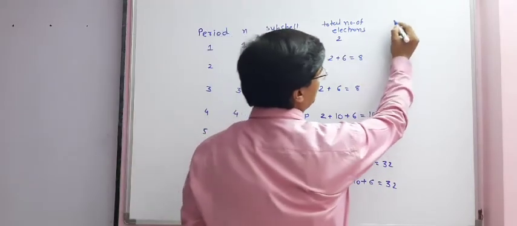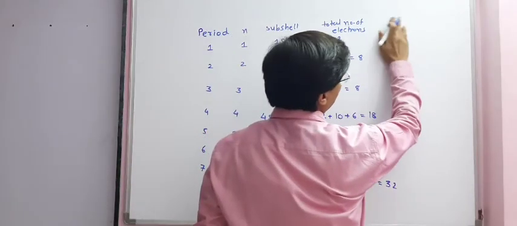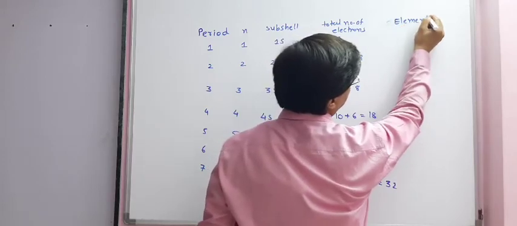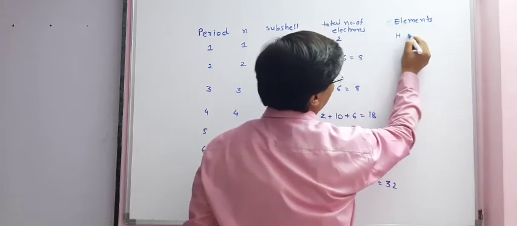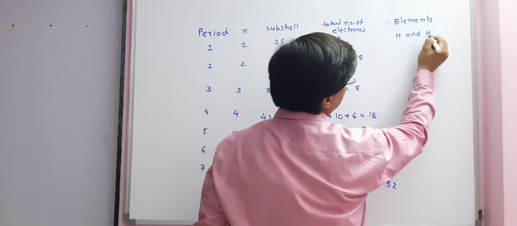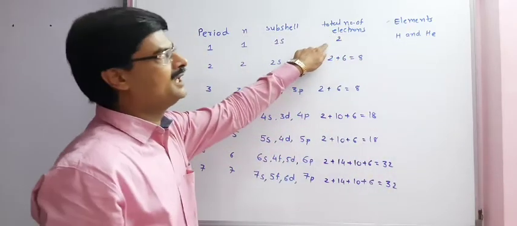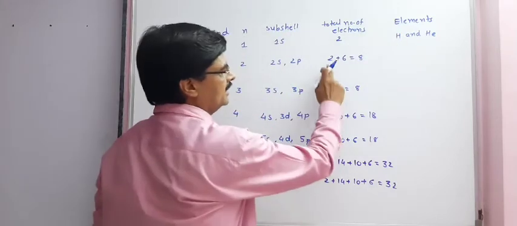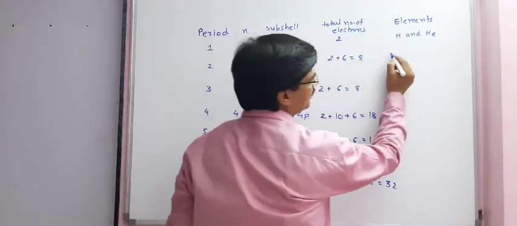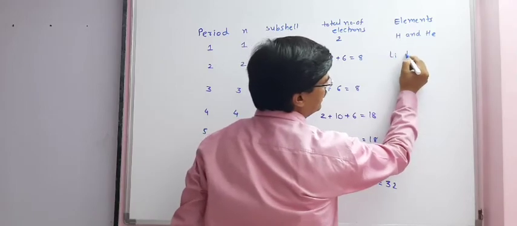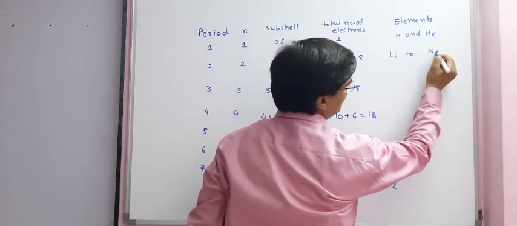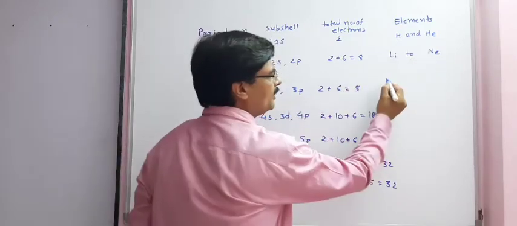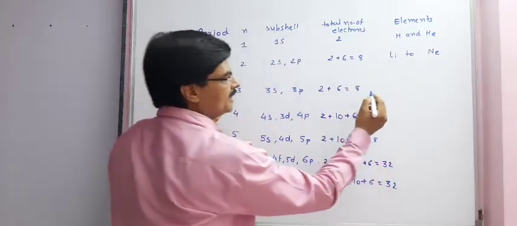Here in period number 1, the elements present: hydrogen and helium. In period number 1, 2 elements are present, that is hydrogen and helium. In period number 2, we have lithium to neon. Now for the next period, period number 3,